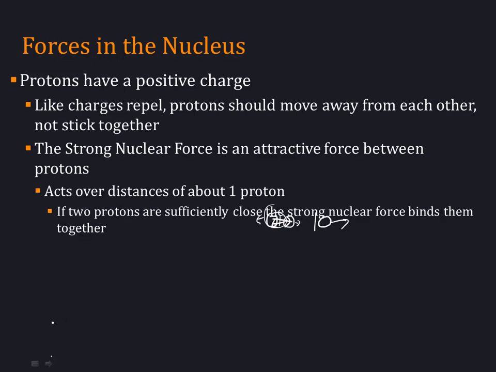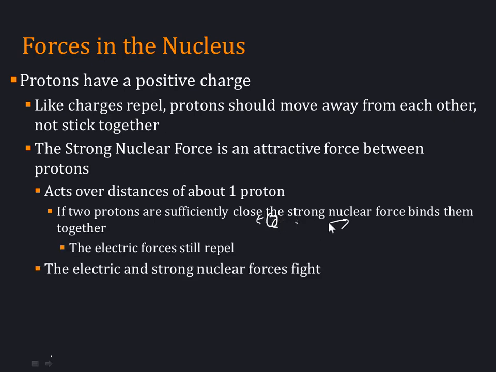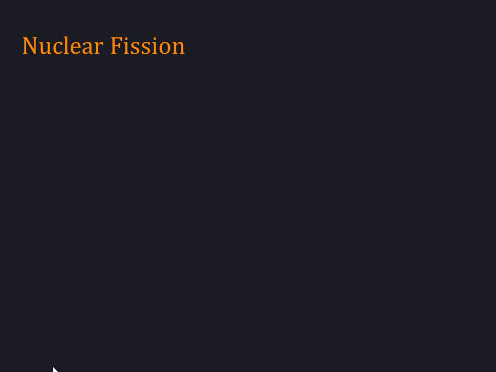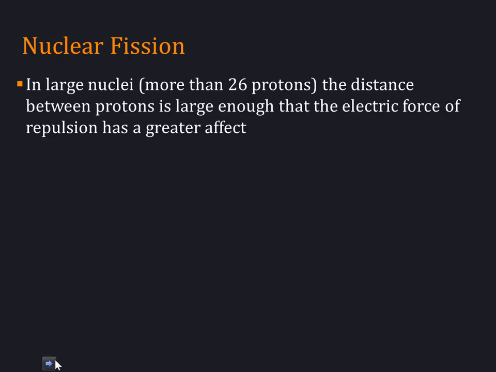So, if two protons are sufficiently close, the strong nuclear force binds them together. Otherwise, the electric force is going to repel them. These two forces are in a constant fight trying to decide which one's going to win. And since it's the distance between the protons that has the biggest effect, it's actually the size of the nucleus that's going to determine who wins this fight. So, for the large nuclei, we have this thing called nuclear fission. In a large nucleus, which is more than 26 protons, and most things that undergo nuclear fission spontaneously have much more than 26 protons, the distance between adjacent protons is large enough that the electric force of repulsion has a